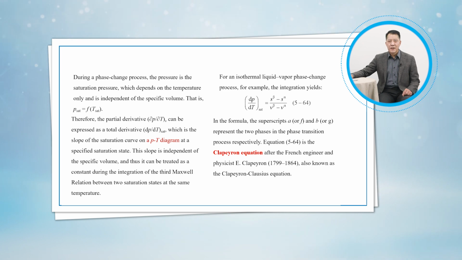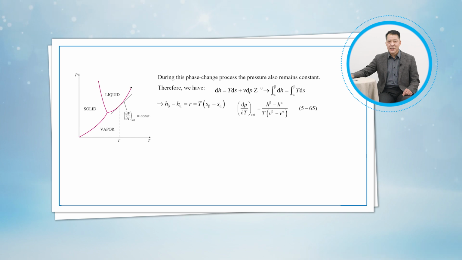Equation 564 is the Clapeyron equation, after the French engineer and physicist E. Clapeyron, also known as the Clapeyron-Clausius equation. During this phase change process, the pressure also remains constant. Therefore, based on equation